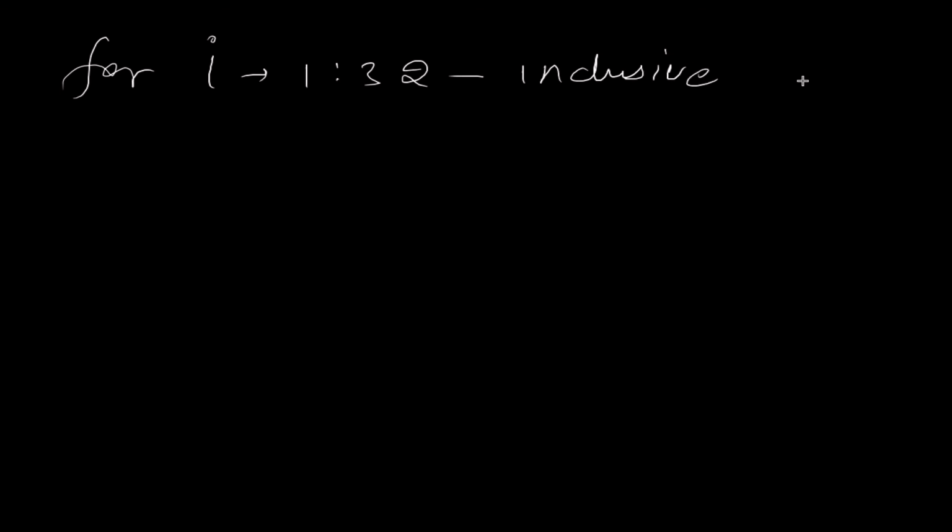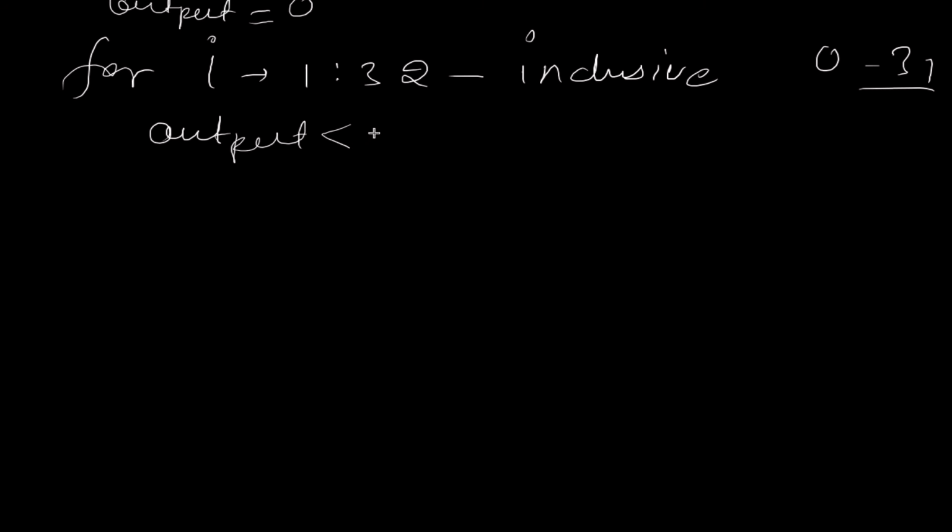So I'm now starting from 0 to 31. So from 1 to 32, what we are doing is we have our output at 0 initially, and we are shifting output to the left,